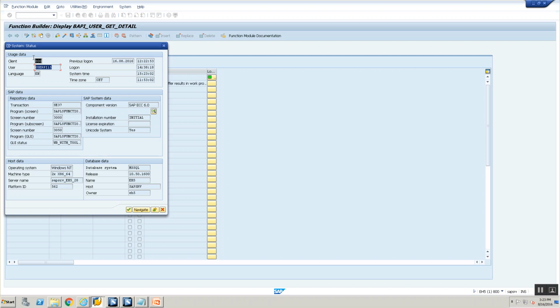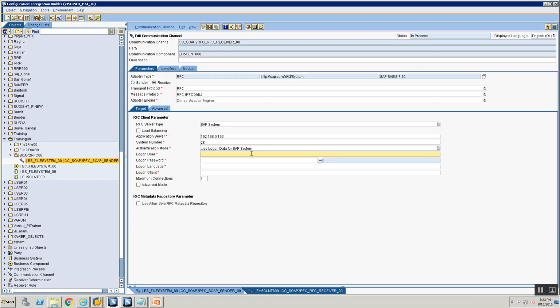Yeah, this is my user ID. I will give my password. It's asking me for the language. It's EN for English. It's asking me for the client. My client is 800, and I'm done.